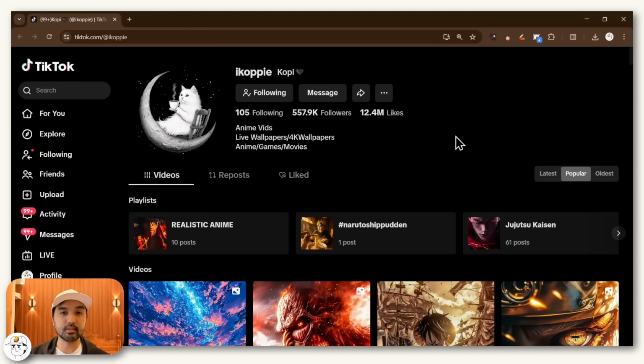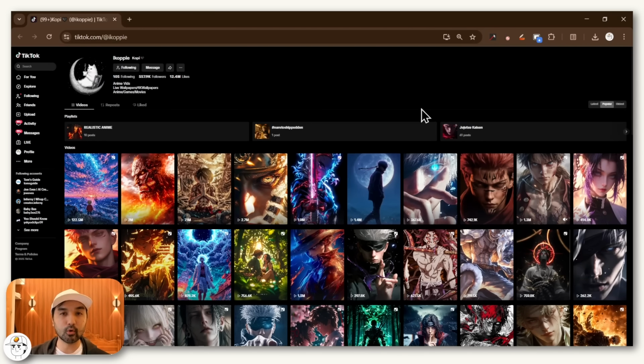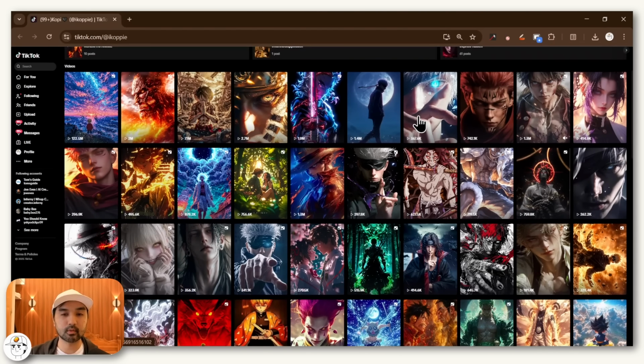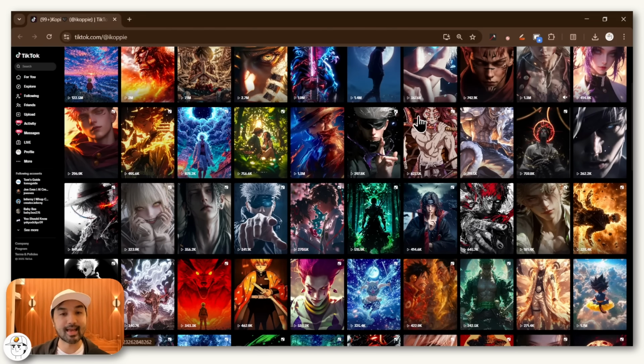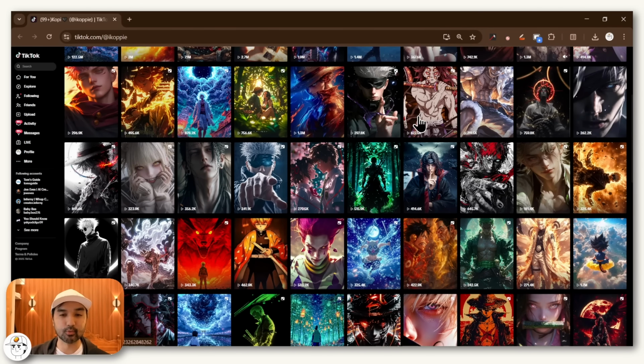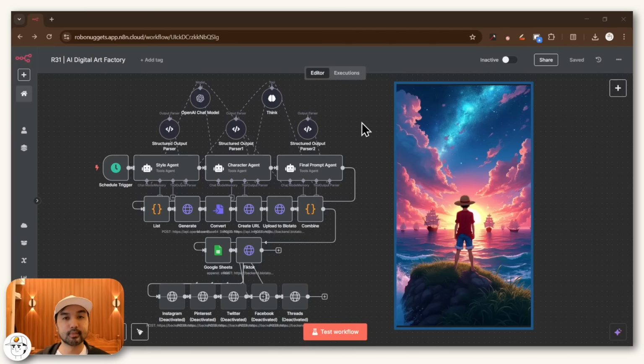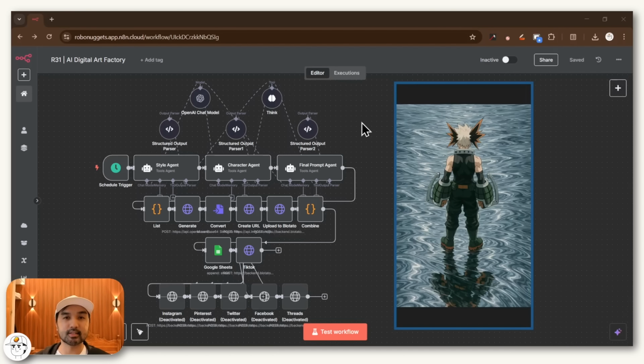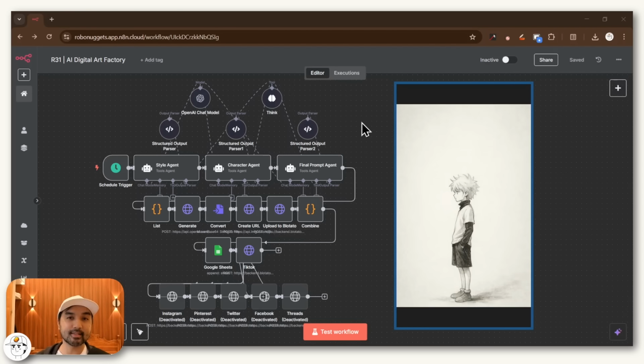And if you haven't seen these yet, there are actually accounts on TikTok like these that get so much reach, with this one having more than 500,000 followers, and all they do is post phone wallpapers of digital art. And for this account, their niche is anime, and they're all really beautiful art, which is no wonder that they're going viral. But the thing is, with ChatGPT's latest image model, which right now is the best at image generation,